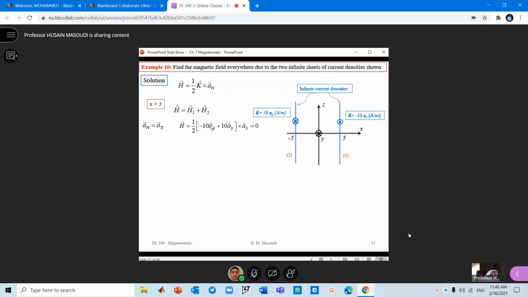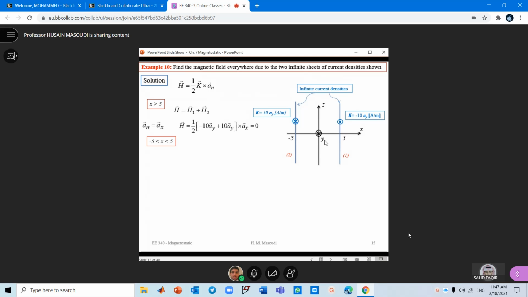So the first one here is minus AY cross with AX. AY cross with AX is minus AZ, and there is a minus sign, so it's AZ. This one is AY cross with AX, a minus AZ. So the total is 0. But in between